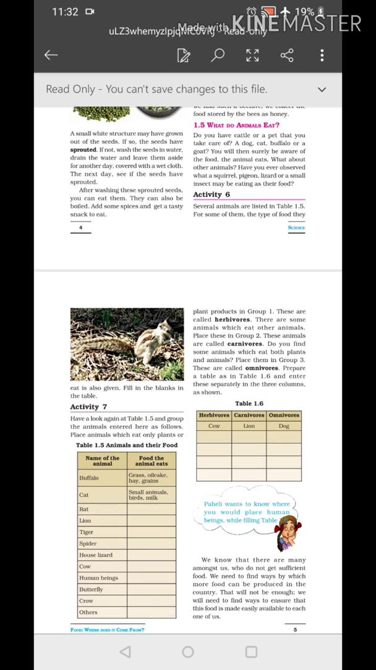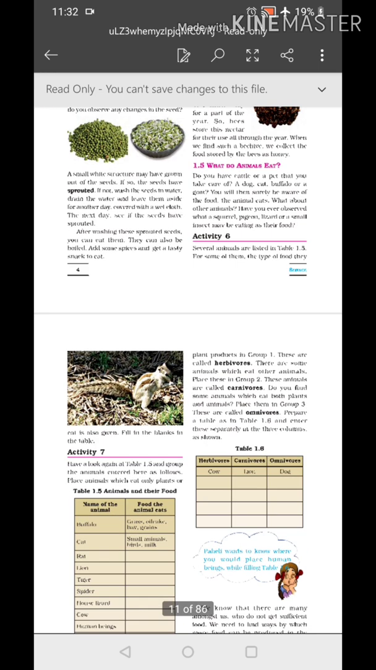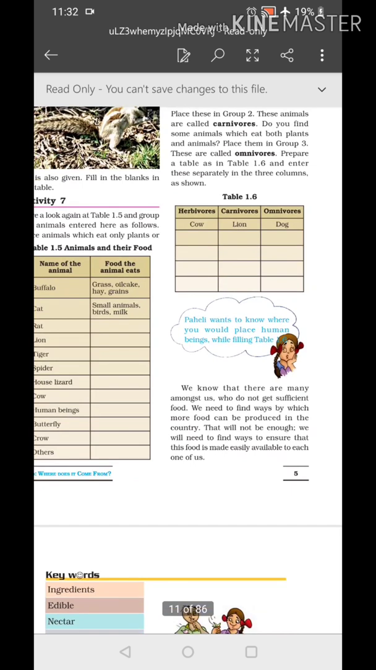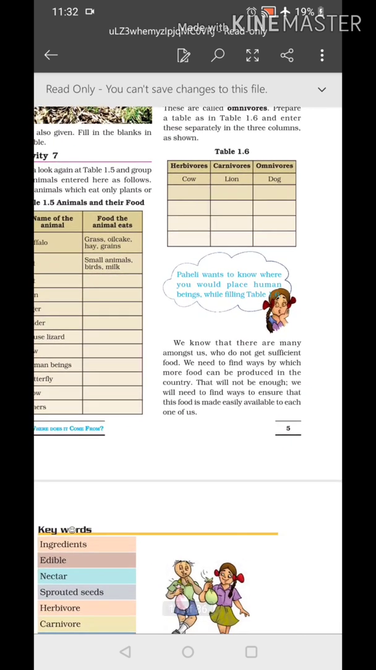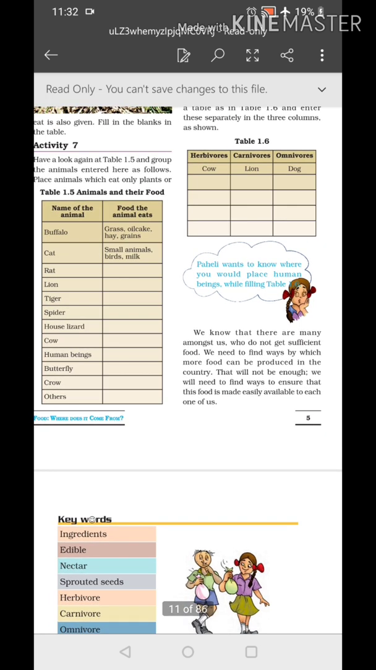Can you tell in which category humans be placed? Omnivorous, because humans can eat both plants as well as animals. With this, we are at the end of our chapter and we'll summarize it